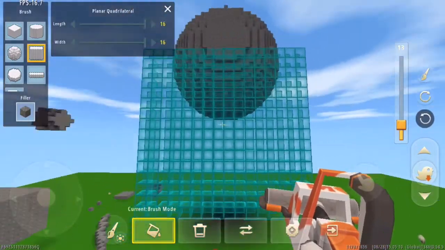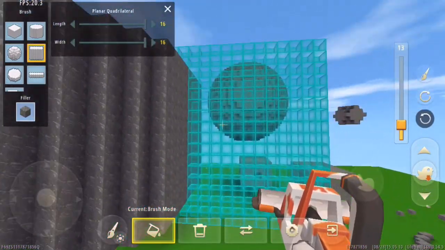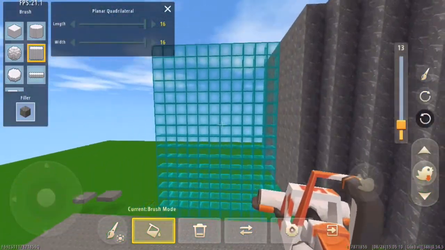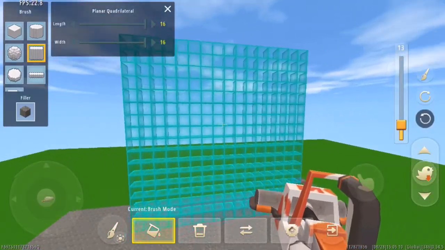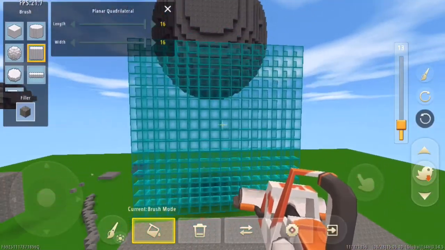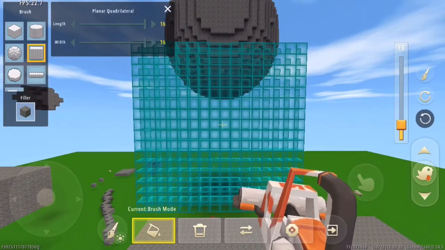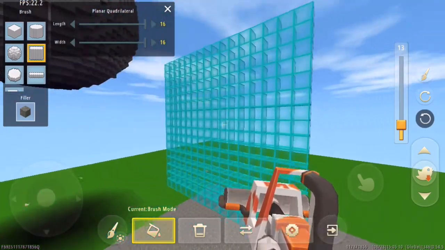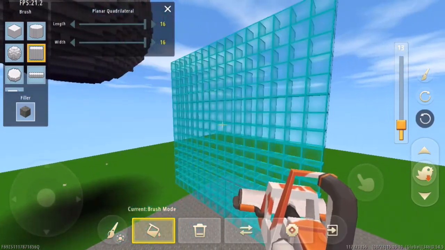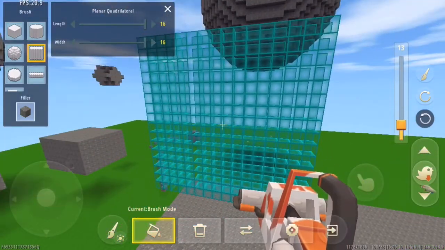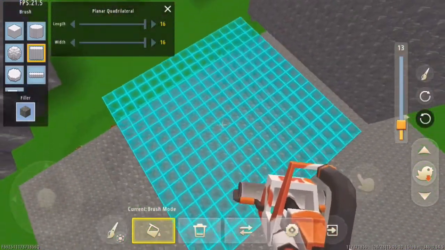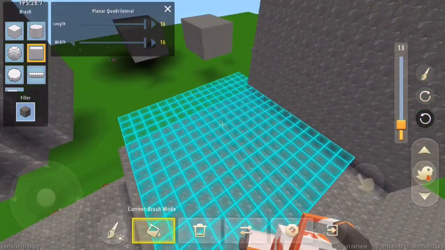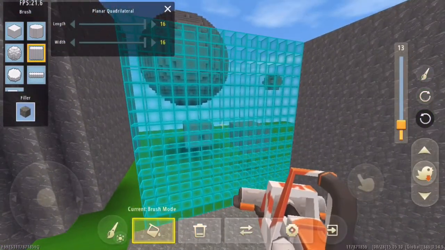Doesn't matter which way you turn. And you just use the button to place that. I'm going to place one here and make sort of a box.